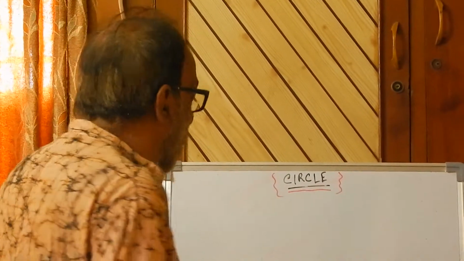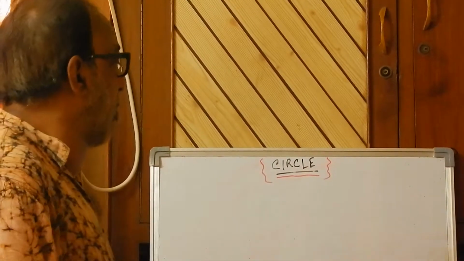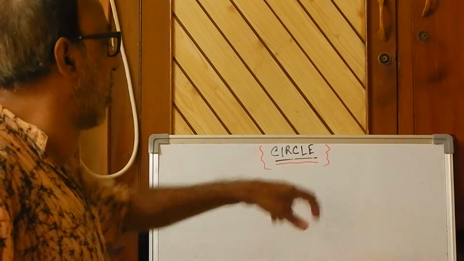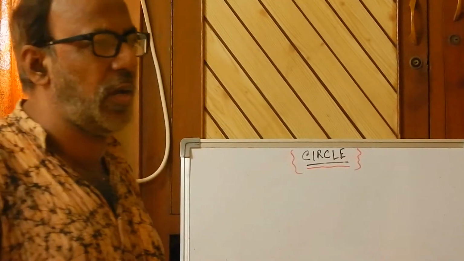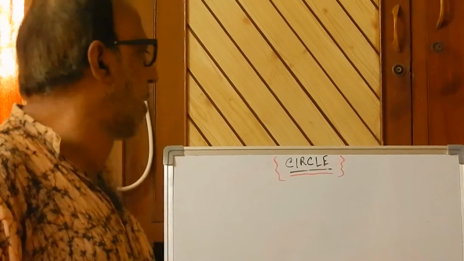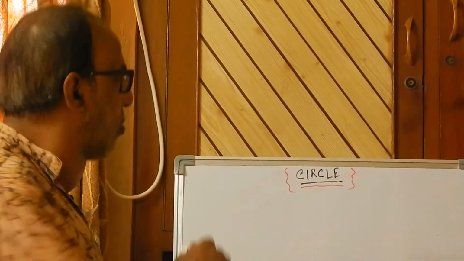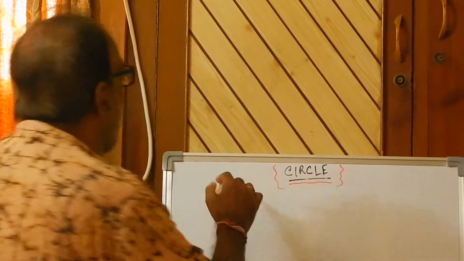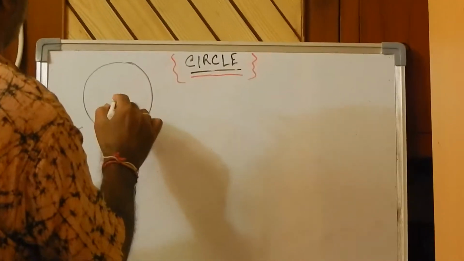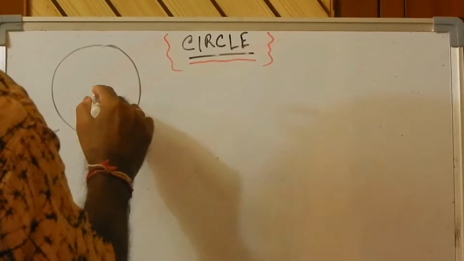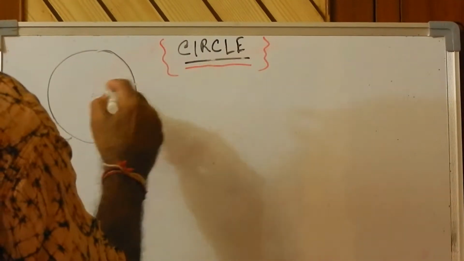Now today we will be performing class on circle, and in the past classes we have discussed on triangles and quadrilaterals, various types of quadrilaterals, various types of triangle also. Now we will concentrate on circle, and as you know, this is circle, and in circle there should be a center also.